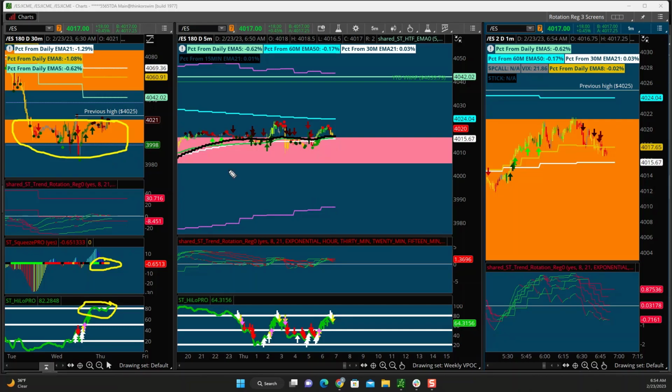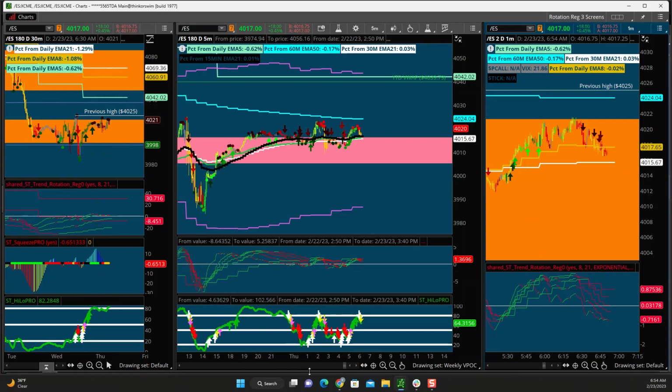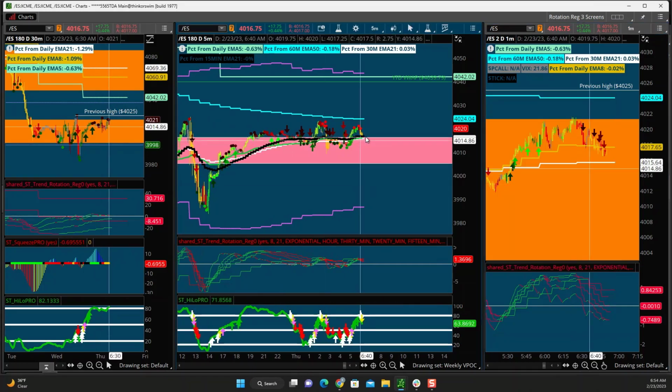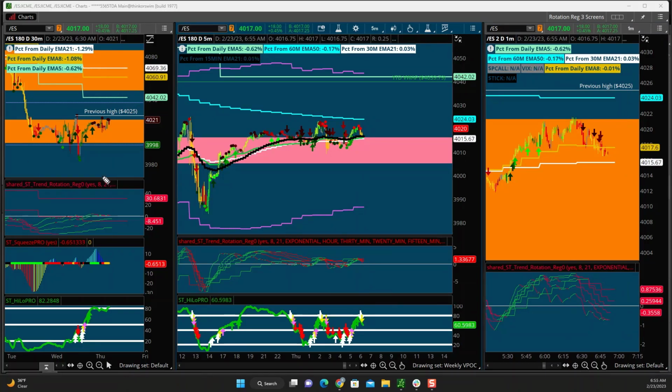And all right, so I've already mentioned all that stuff. So how are we going to look to play it? Right now we're currently at VWAP and all the key moving averages. I don't anticipate any moves may be crazy, but I don't think they're going to be definitive up until we get above 40.25, or sorry, up until after the GDP news comes out. So the only scenario I really want to play is, okay, GDP comes out, this point of control level holds, and then it pushes up,